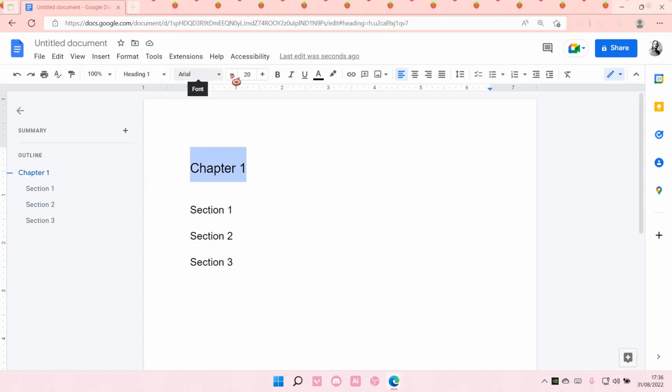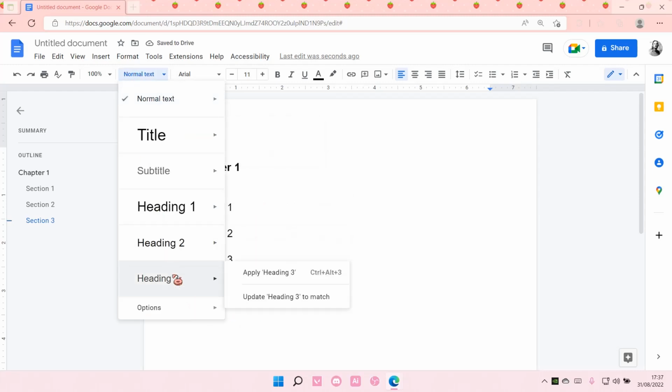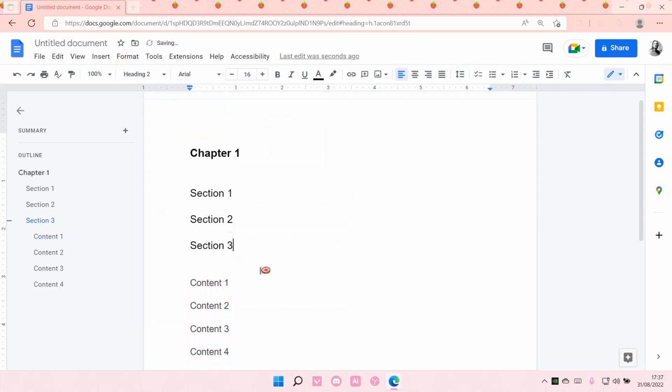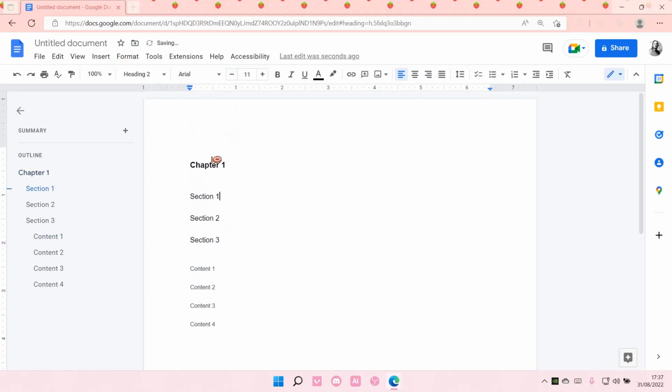I think you can change the size of it too, as you can see. And then I'm just going to add another one, for instance content 1, content 2, content 3, and content 4. Select that and select heading 3. And yeah, you can adjust the size of these things too, but that's pretty much how you can add